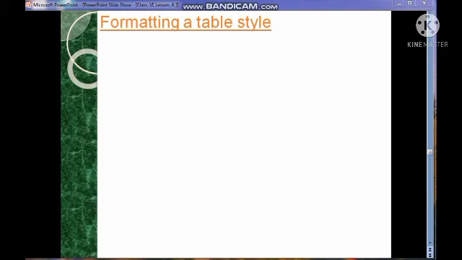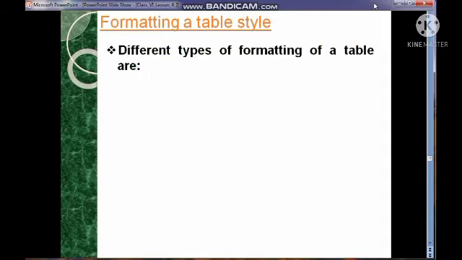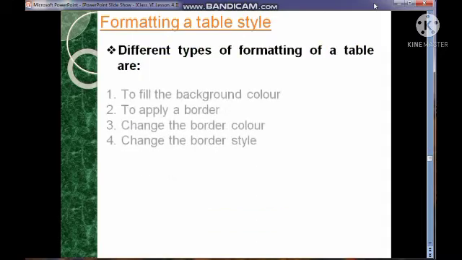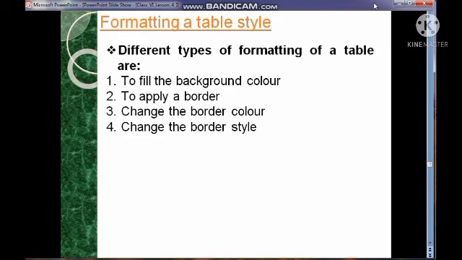Okay, now how we can perform different types of formatting in the table style. Different types of formatting of a table are: we can fill the background color of the table. We can apply different borders also, as I told in an earlier slide.